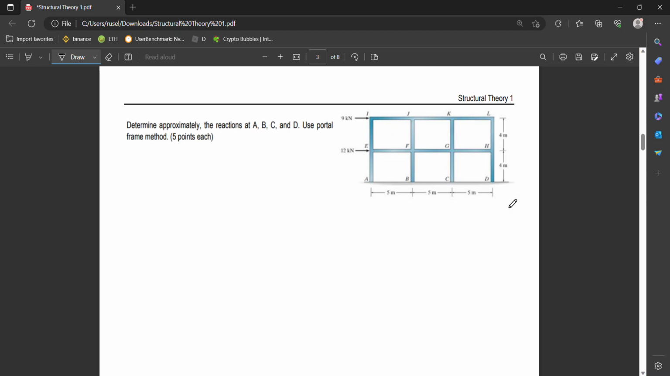So we are given here a frame. We are asked to find the reactions at A, B, C, and D by using the portal method for frames. First, what we will do, when a frame like this is given, is we assume that we have